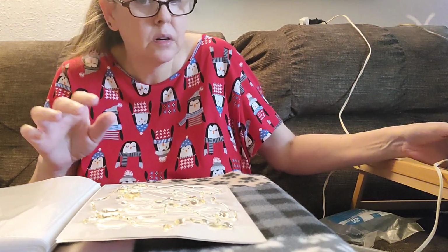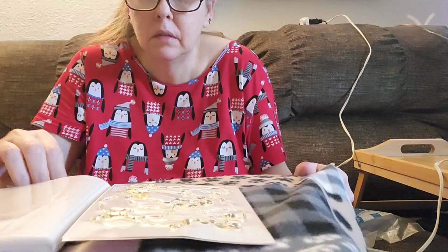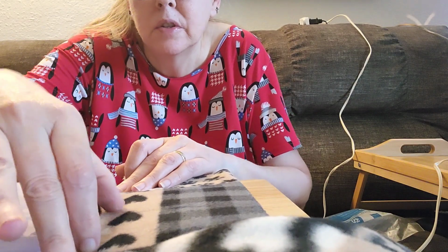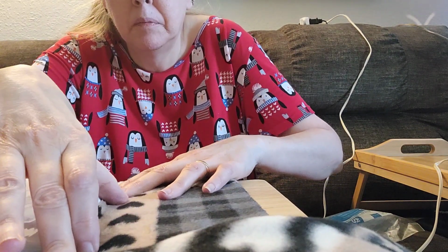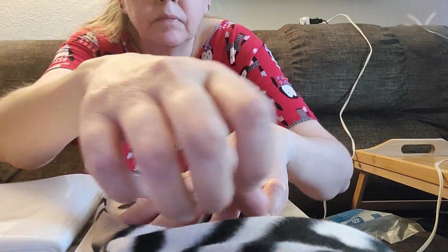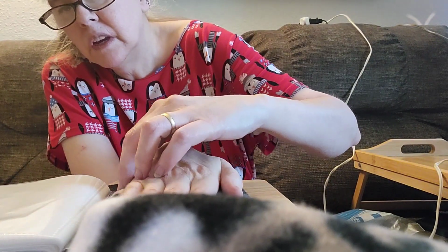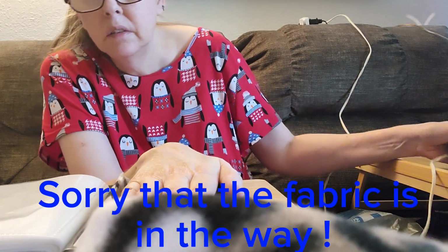Okay. Set her back down, flip the fabric back over, and of course this fabric, it's going to get hot through the fabric. Okay. Yeah, you can feel the heat just coming off the